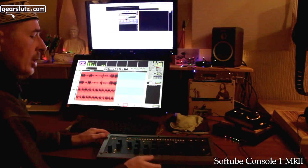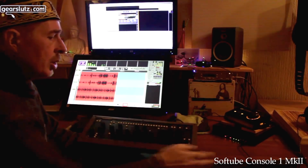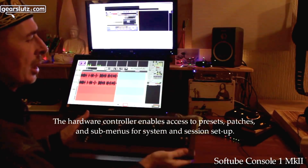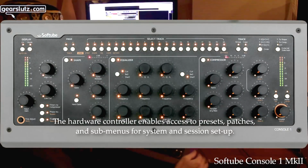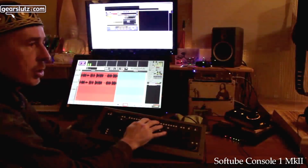This is the hardware side of it. It's very well built. I mean, you could probably knock a nail in with this, right? Folded steel, like I say, it's pretty rough and tough, probably okay for live use as well. These encoders are very smooth, really nice to use. These buttons do click, so